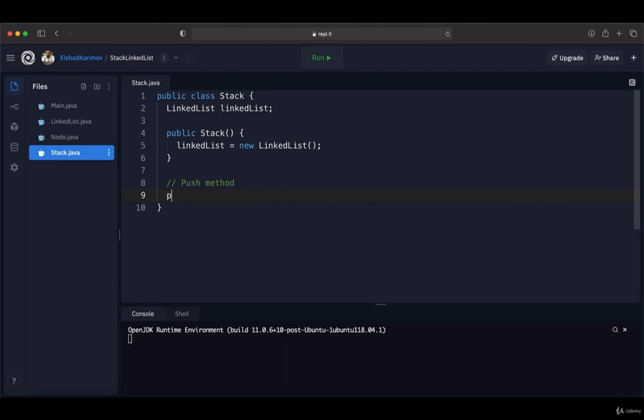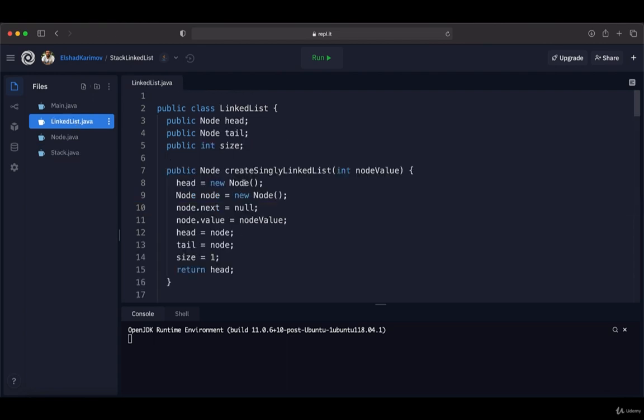I will declare our push method like this. Now we know that in case of push method, it's not returning anything, so I'm going to put void and push, and it's going to take one parameter, which will be the type of integer, because our stack is the type of integer. Now here, the thing that we are going to do, we are going to call linked list insert method using index of 0, because when we put the index of 0, it's inserting element at the beginning of single linked list. Now, as you remember, when we are talking about push method in case of linked list in stack, we said that when we are pushing element to the stack, we are inserting elements at the beginning